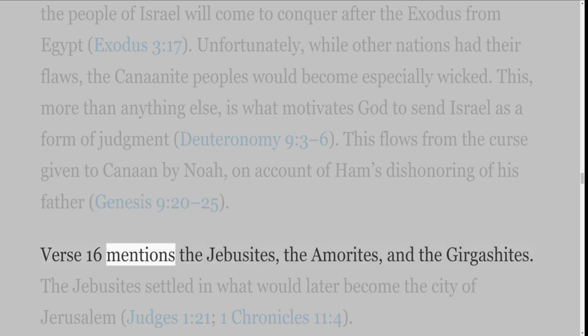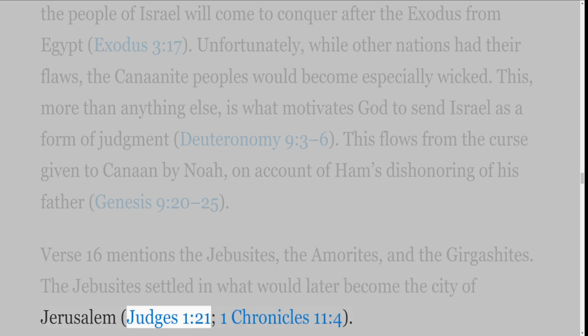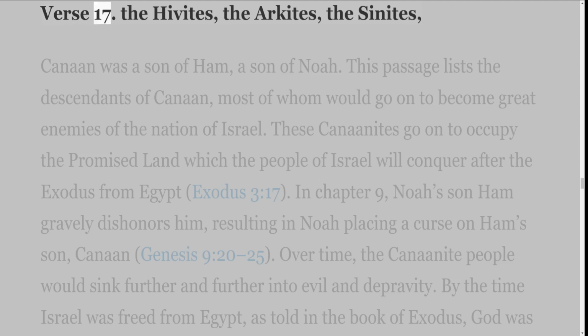Verse 16 mentions the Jebusites, the Amorites, and the Girgashites. The Jebusites settled in what would later become the city of Jerusalem, Judges 1 verse 21, 1 Chronicles 11 verse 4.